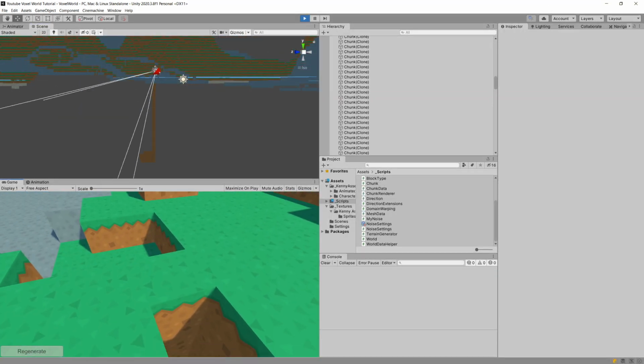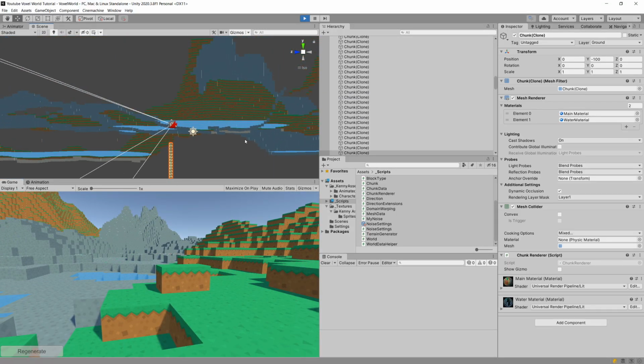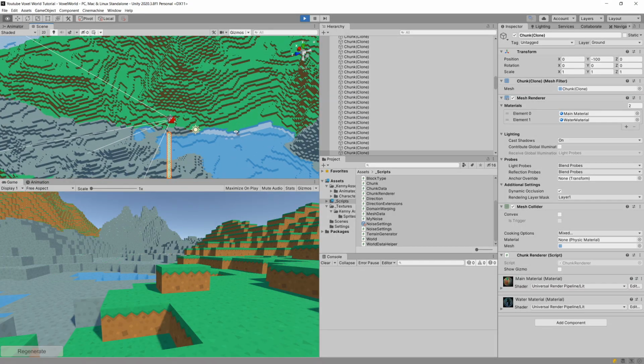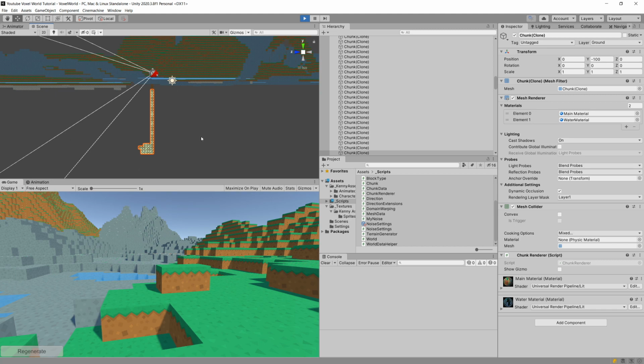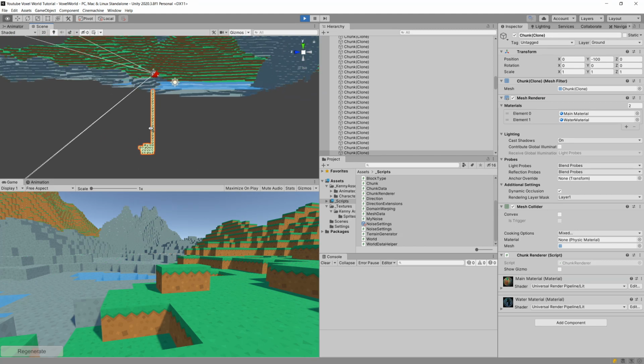Now we are not going to go any further with this system. Of course, when you are underground, you could have unloaded all the remaining chunks around it. You could focus on only those chunks below the surface of the terrain. Now this is something more advanced that you might want to tackle to make this voxel world generator more efficient.